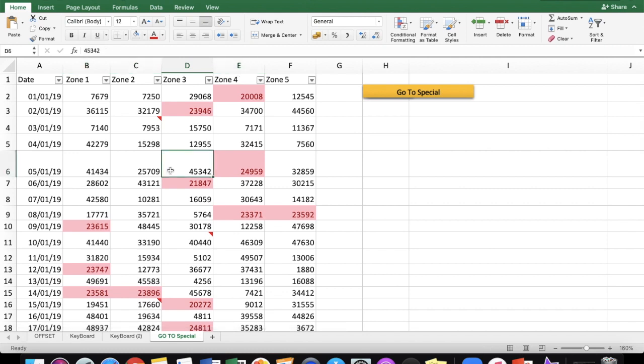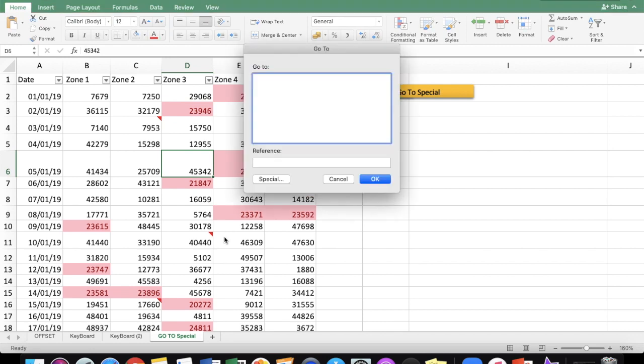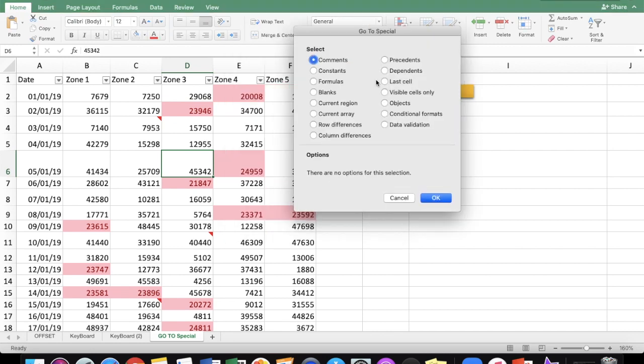So when you get a file like this, you really want to see what's happening in the file. By looking at the color, you can't make out whether the color is hard coded or it's conditional formatting, or where the comments are and many things like these. So let's see. So Control G, here I am. I will go through only the very common options which are used day to day.